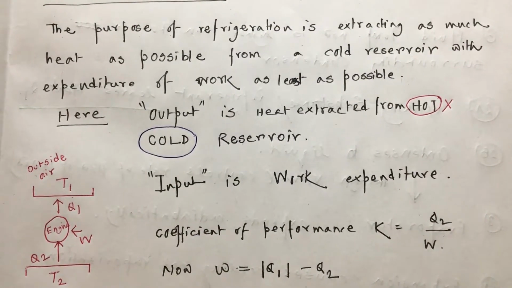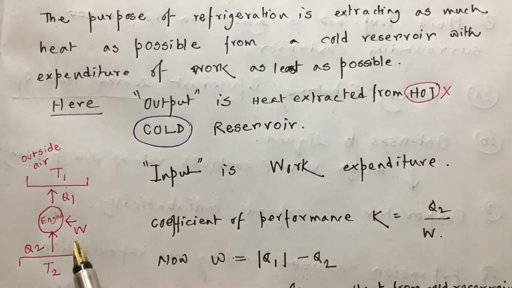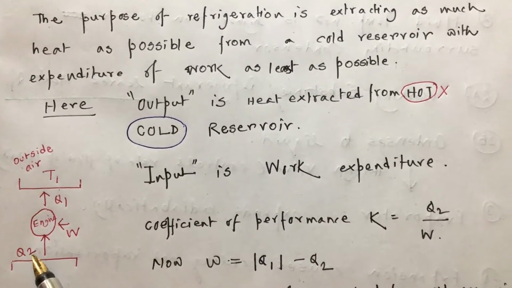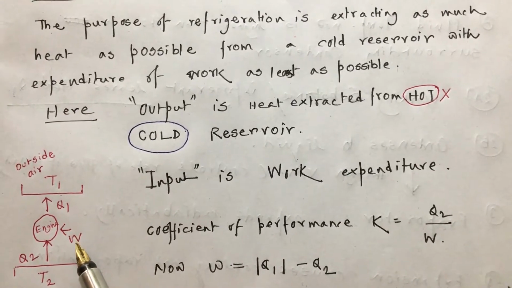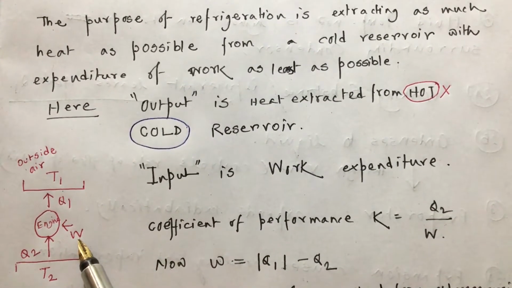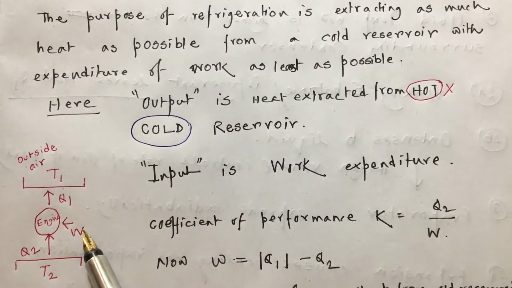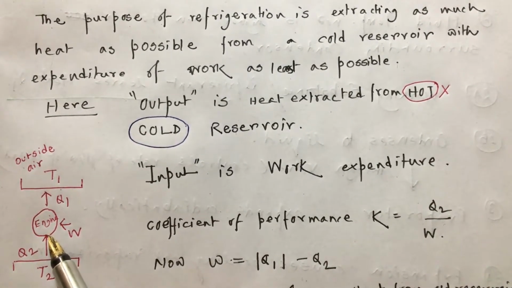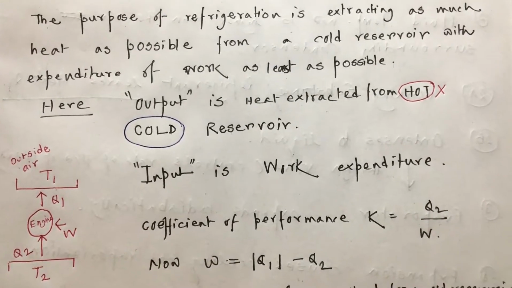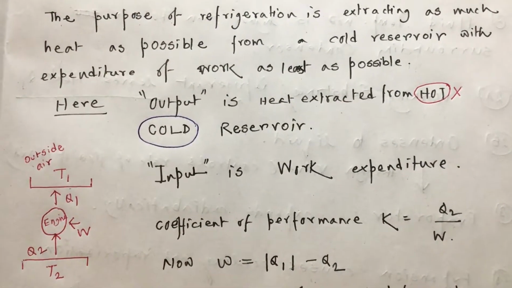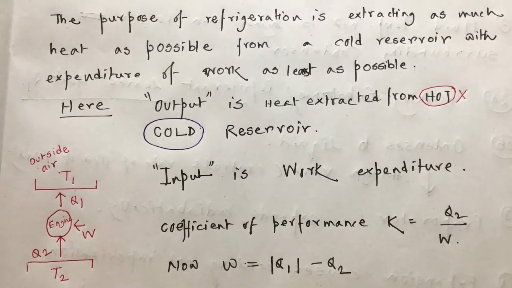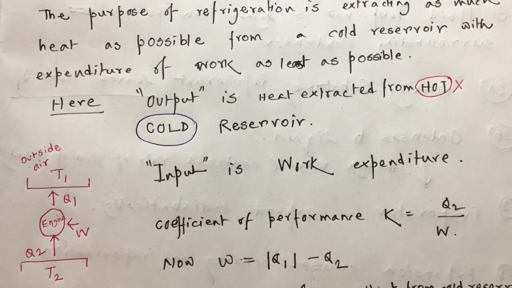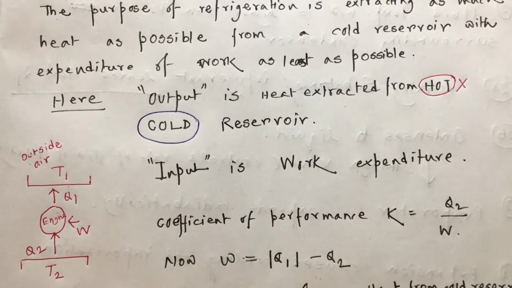Refrigeration এর পারপাসটা হচ্ছে we must get a maximum amount of it Q2 from the cold reservoir with the expenditure of minimum work done by W. মানে সর্বনিম্ন কাজ করে আমরা যে সর্বোচ্চ Q2 টাকে অ্যাবজর্ব করাটা from the cold reservoir এটাই হচ্ছে রেফ্রিজারেশনের পারপাস। আইডিয়াল রেফ্রিজারেটর যদি হয় তাহলে W will be minimum and Q2 will be maximum. মানে maximum Q2 absorb করতে গেলে minimum work done বা minimum W হতে হবে।